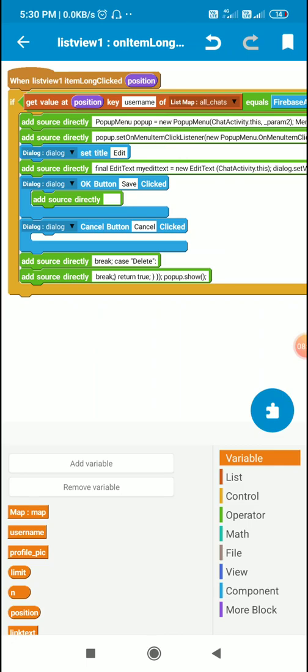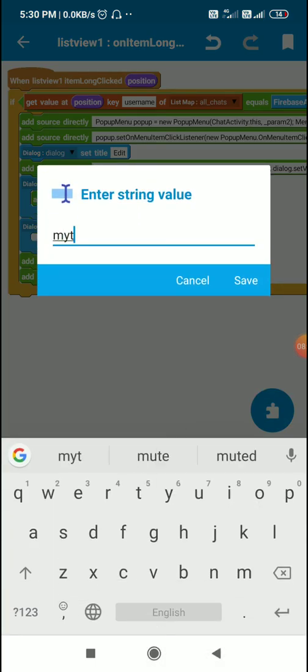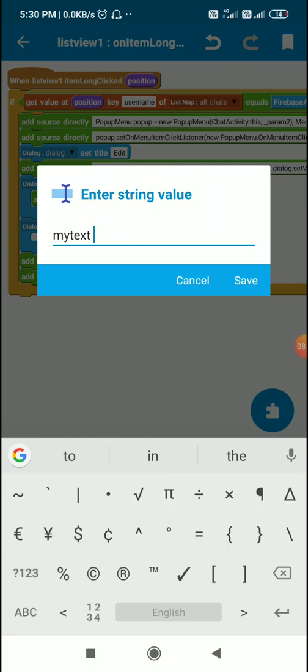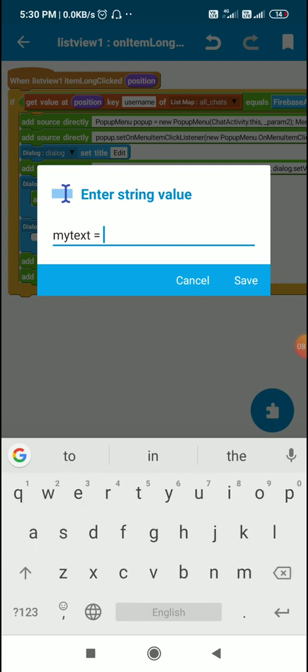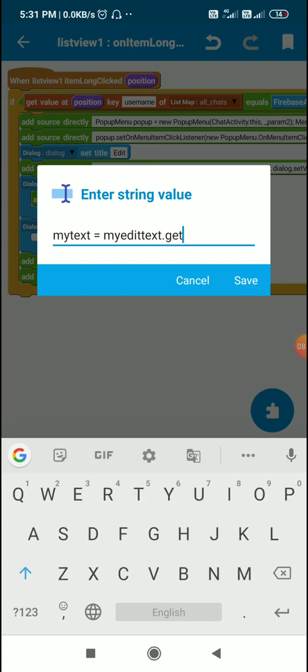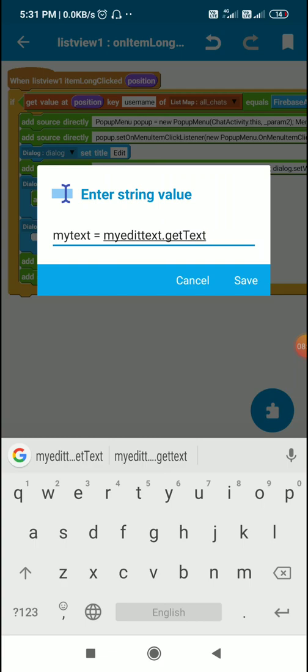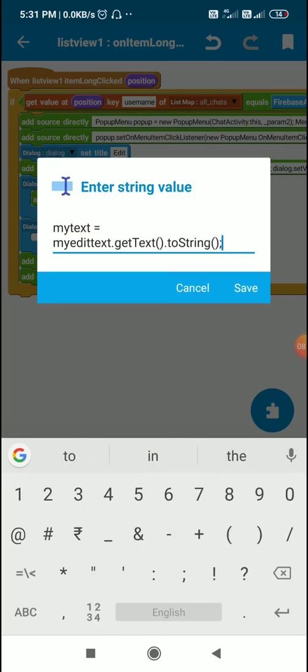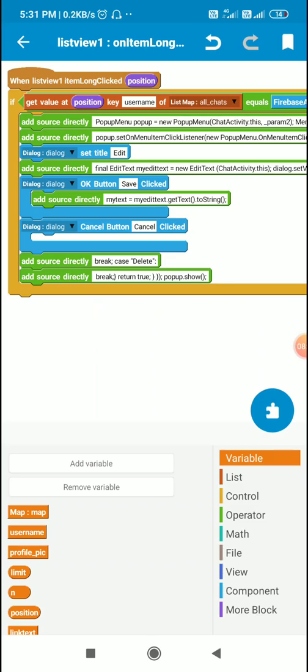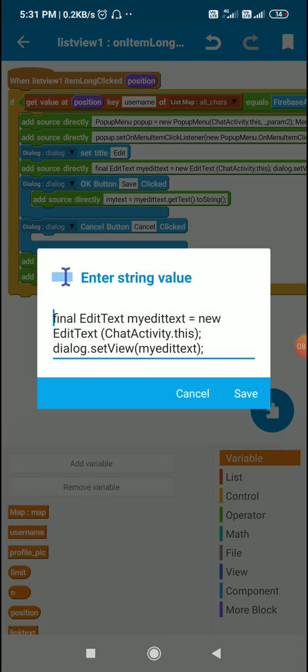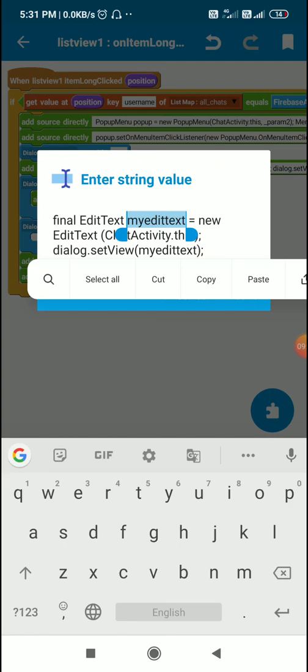Here I will set my text equal to my edit text, which is the edit text view. So my edit text dot get text dot toString. This will be the string variable my text. Here is the my edit text.